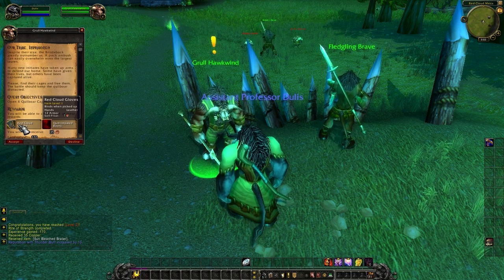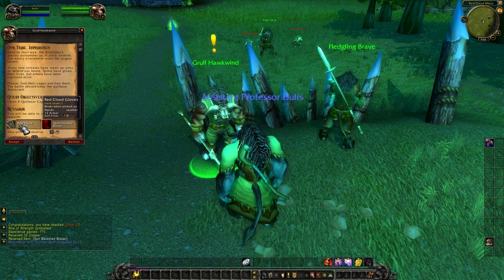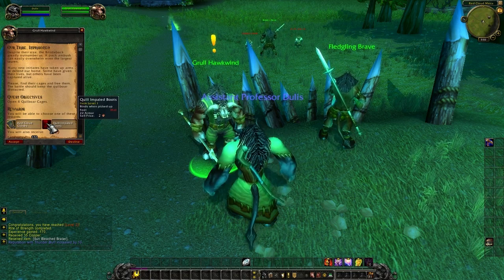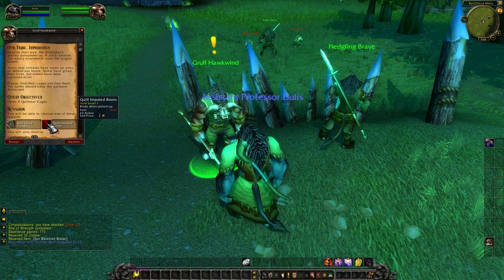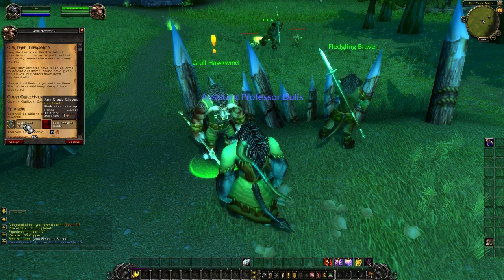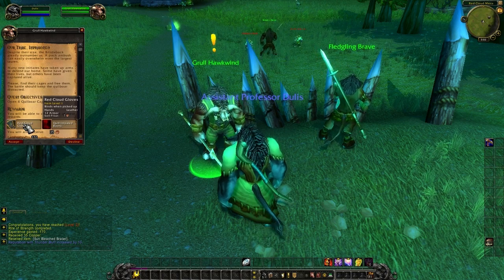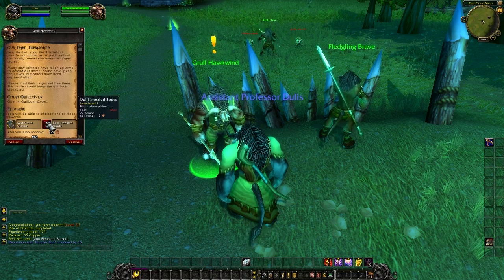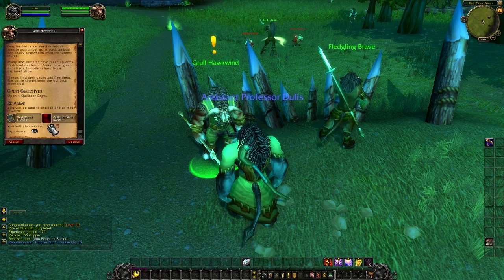Or maybe you bought them. Maybe you're in a guild and a friend of yours made you some gloves that are better than these. But those cost more. These boots here, see, they cost 2 copper. You would make 2 copper if you sold those. This, if you sold them, would only get you 1 copper. Now, I know that doesn't sound like much, but at this level, it's kind of nickel and diming, but it does help. If you've got things that you can't use, always pick the more expensive one and sell that, because it can